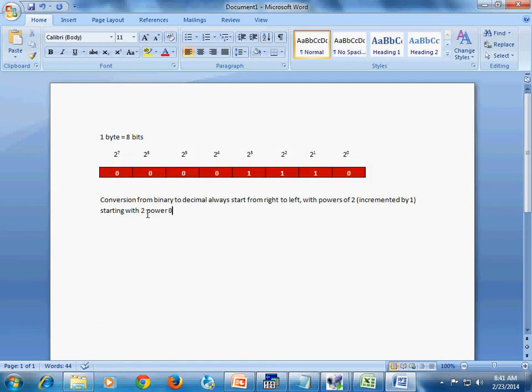As we have mentioned, the conversion from binary to decimal always starts from right to left, with powers of 2 starting at 2 power 0 and incremented by 1.